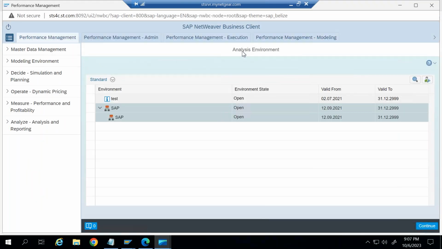So here, this will open. If a role is assigned to your user ID, that particular group will be available here, and then you can perform the transaction further. So our main purpose is to use the GUI for configuration and the Fiori app for transaction execution. The Fiori app will be my front end where my user is going to work, and configuration will be